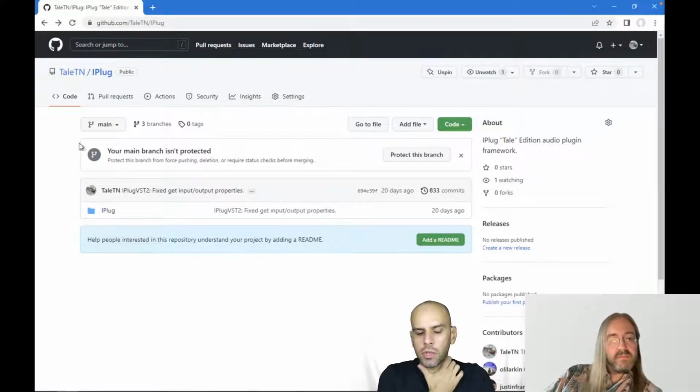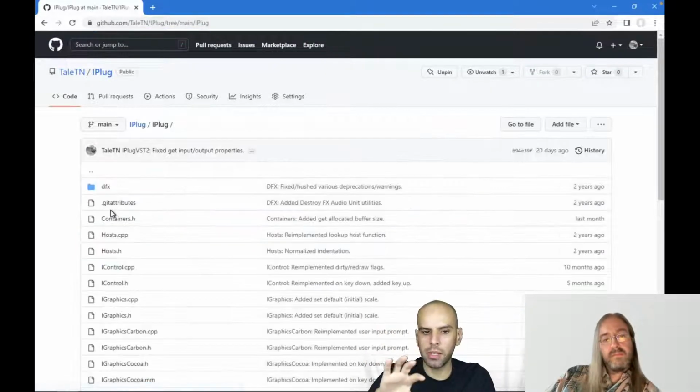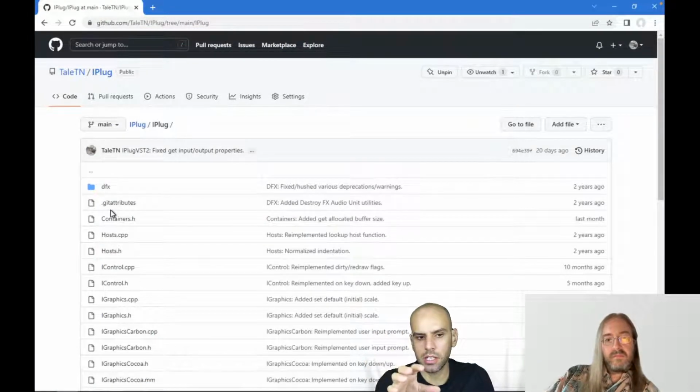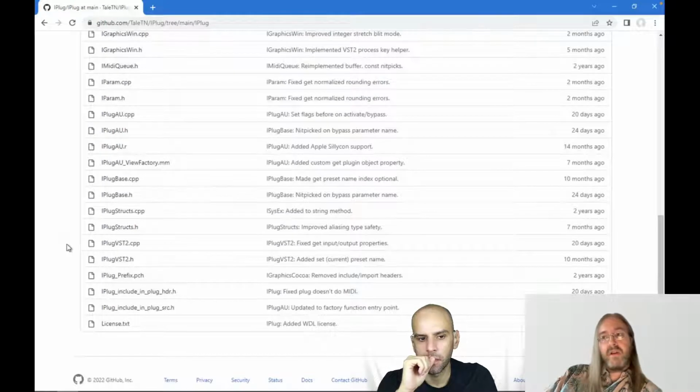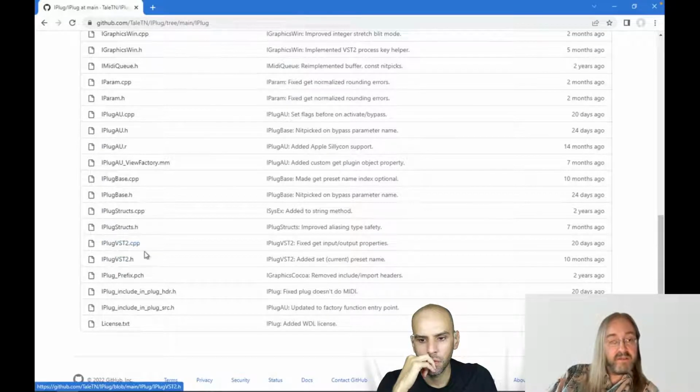But I see. And when it comes to these extensions, your plugin and the host have to support the extension for it to work, of course. But if either one does not support it, then that's okay. The plugin will just not have that. So maybe it will not have parameters, for instance, if the host doesn't implement parameters. Yeah, that would be pretty weird. But the thing is, let's assume the host is Reaper and that does support parameters, but your plugin does not. Then Reaper will call your plugin and ask, do you have the extension for parameters? And then of course the plugin will answer, no, I don't have that.